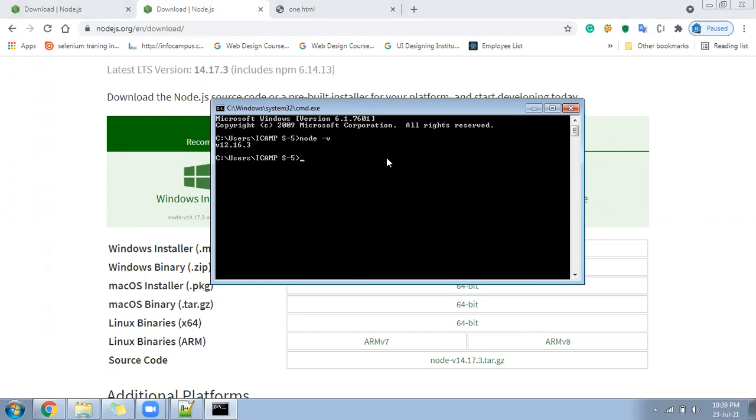You can see it is showing 12.16.3 version is installed in my computer, right? So more than 10, any version is fine. You can download, install it. In case your PC is not supporting, you can download a little lower version, maybe 14, but 12 is also fine. And then you can set it up and then we'll move towards the next step.